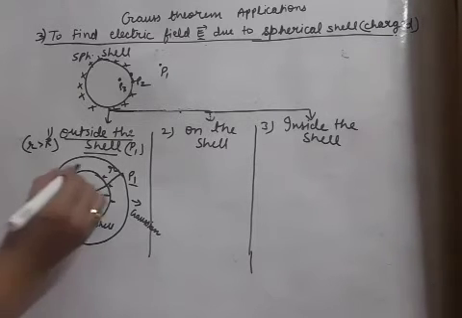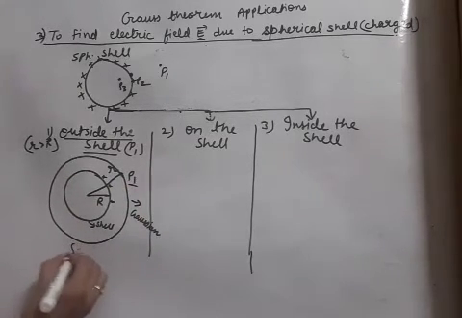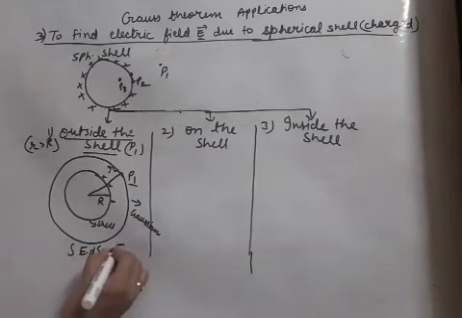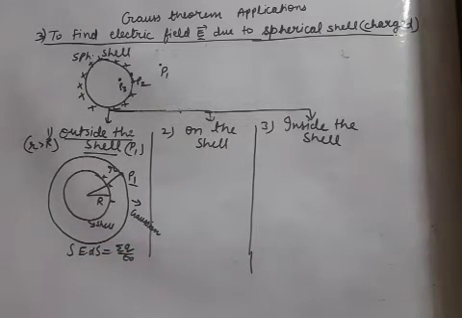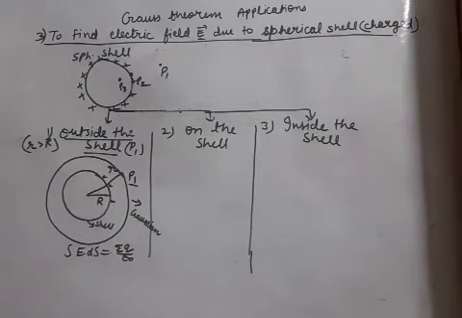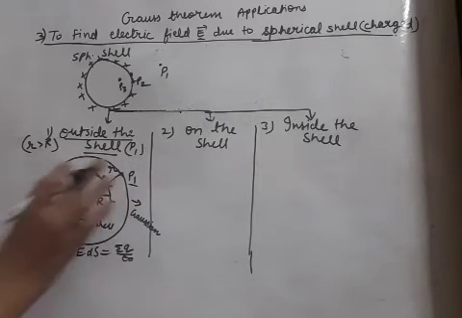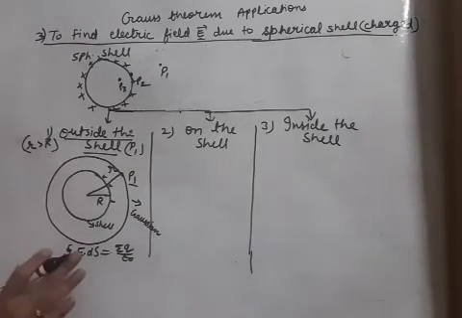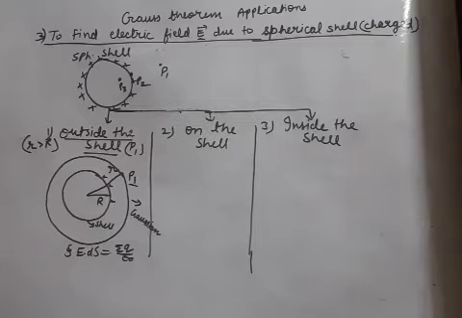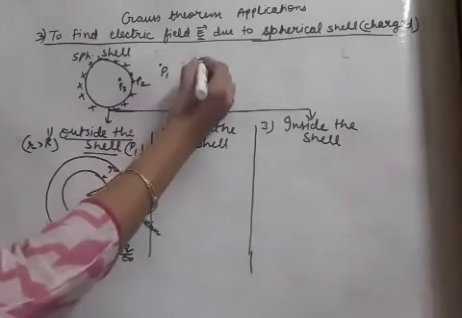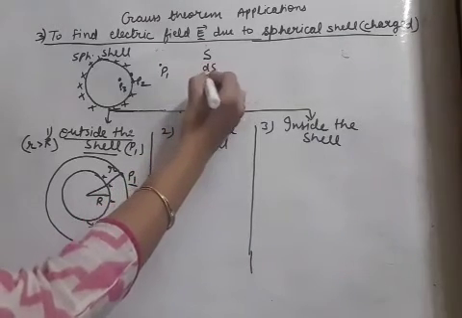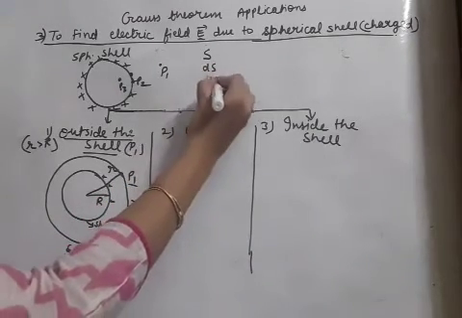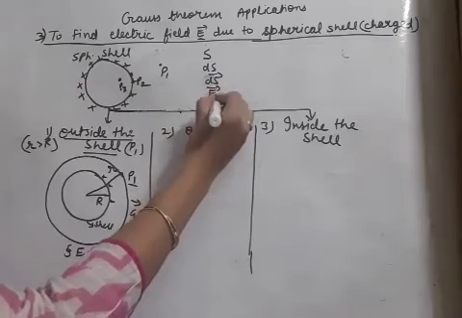Now the procedure is similar. We will apply Gauss theorem. Integration of E dot ds is summation q upon epsilon 0. Now because the sphere is only one surface, in continuation it's only one surface, it cannot be broken. So we have to solve this integration only once. So how to solve this integration? Go to the Gaussian surface. As I discussed before also, take S, ds, ds vector, E vector, and then angle.